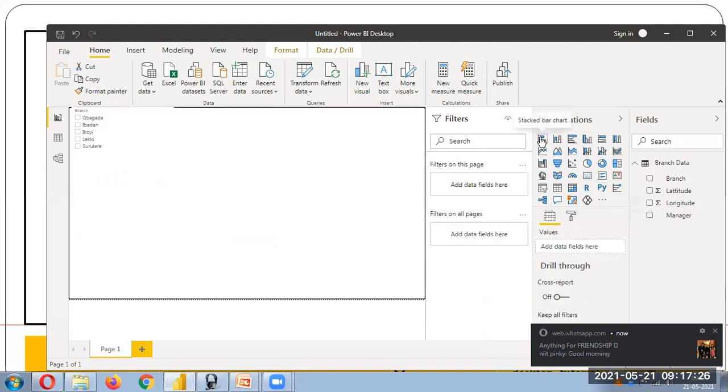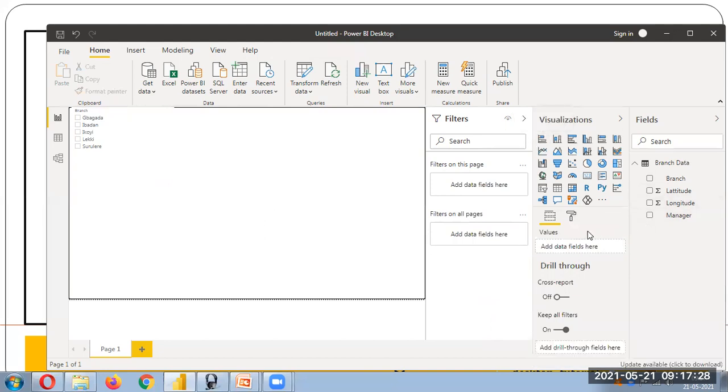Okay, we can take one more visual here. You can take a map visual.